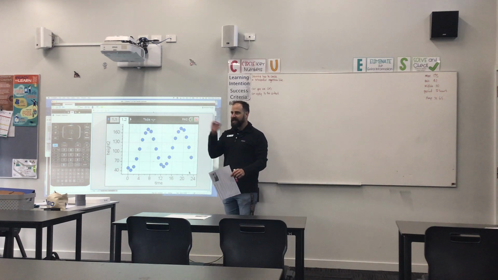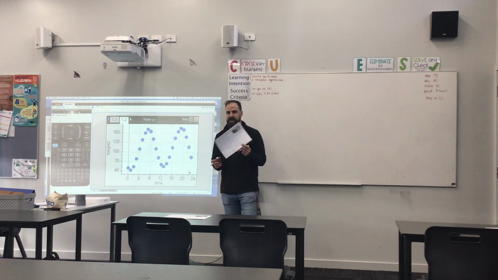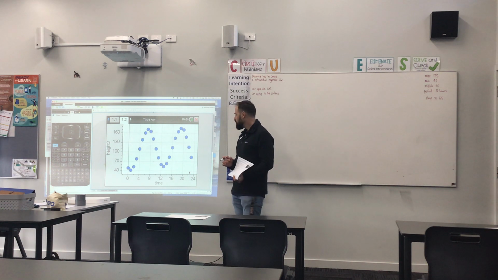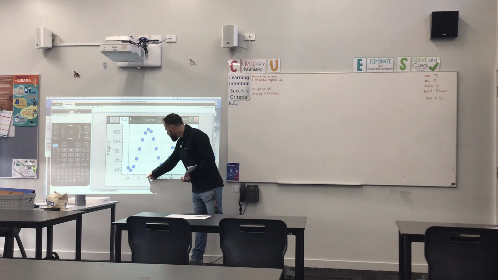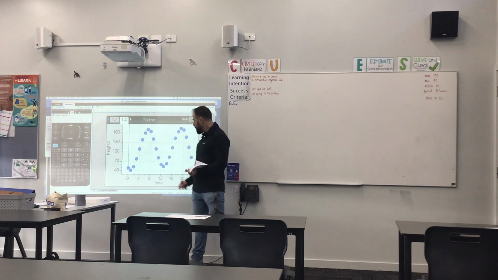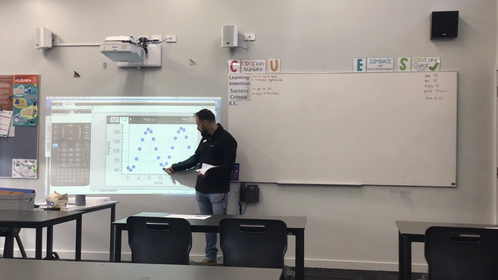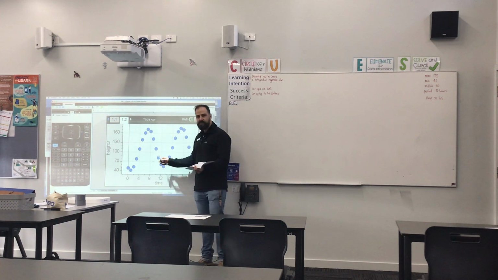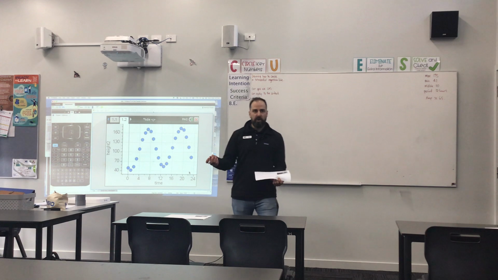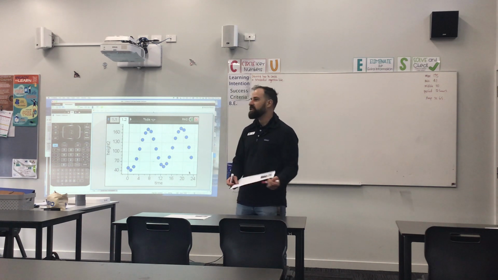When is high tide? This is about tides. When do you think is high tide? Around about when? Around about 7 o'clock. This would be about 7 o'clock. When do you think is low tide? About 1 a.m. or 1 p.m. Same thing. We've taken a moment to think about the context of the question and the graph, and that's what